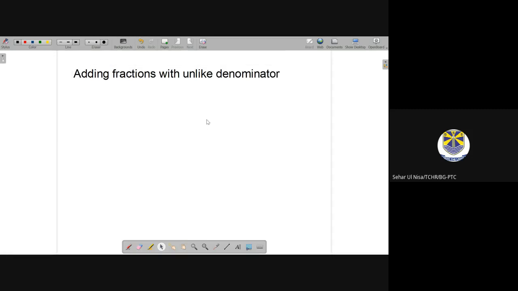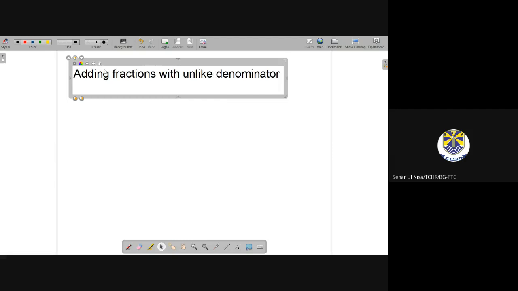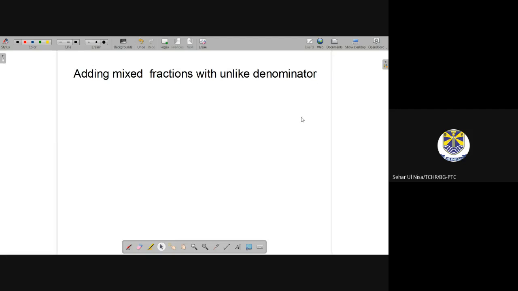Okay, so this is the topic, adding fractions with unlike denominators. If there are only simple fractions, then this topic is suitable. But if you are going to add up mixed fractions, then you will write it like this. Adding mixed fractions